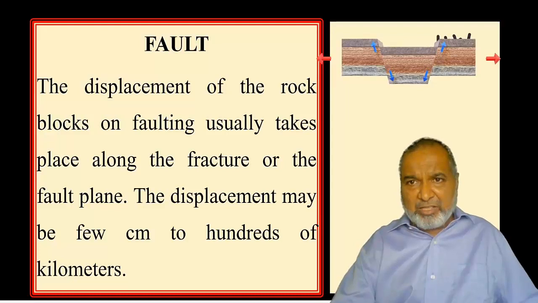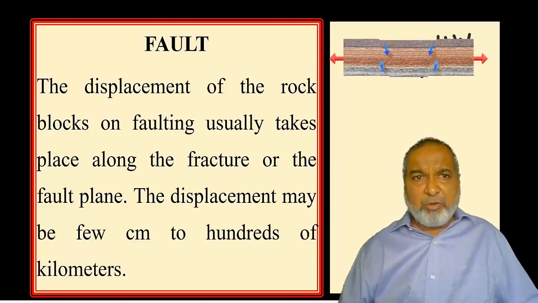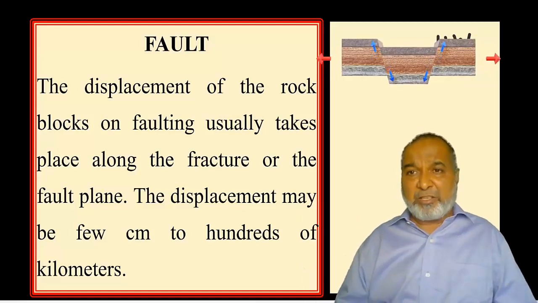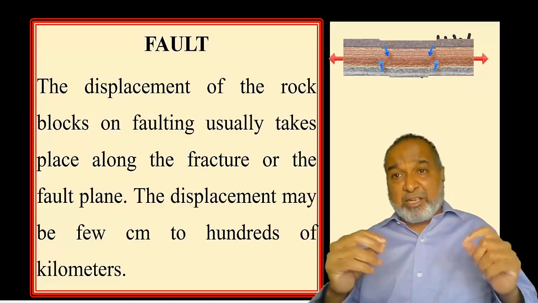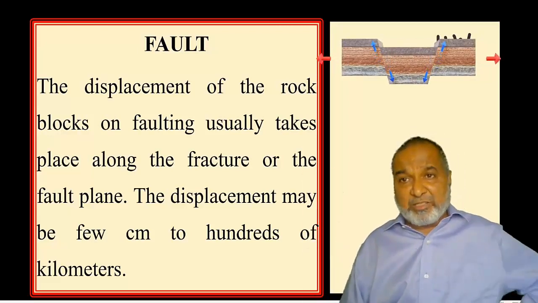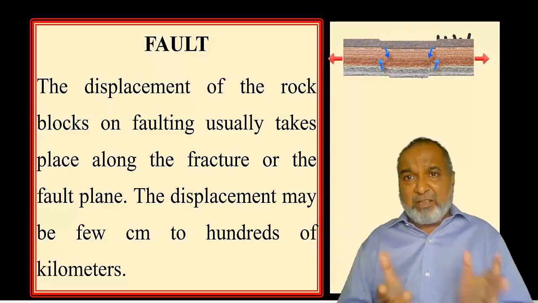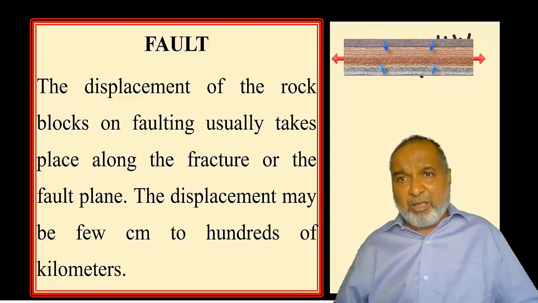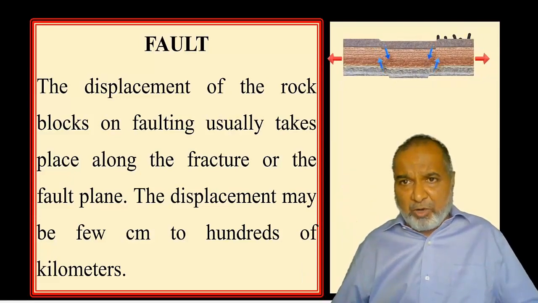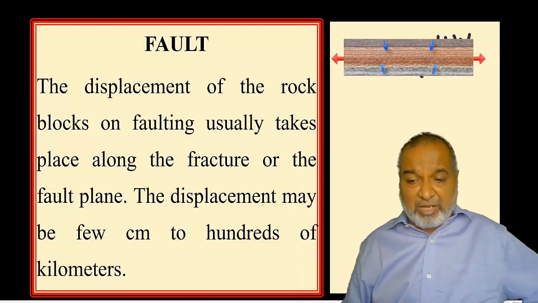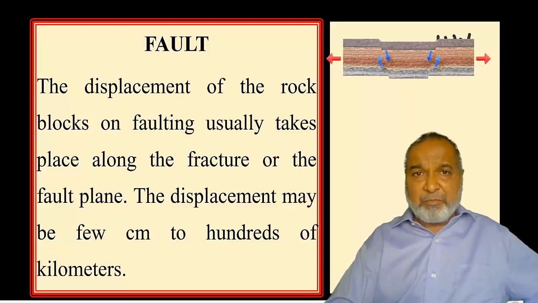Here we are going to see the displacement, it goes up, and the relative movement is shown. The displacement of the block normally takes place along the fracture, and it ranges from a few centimeters to hundreds of kilometers. That is very far. You can see that due to tension, the force is pulling up the sedimentary block, and we are going to get faults. In that fault, how has this displacement taken place? We'll see the next part, the parts of the fault.